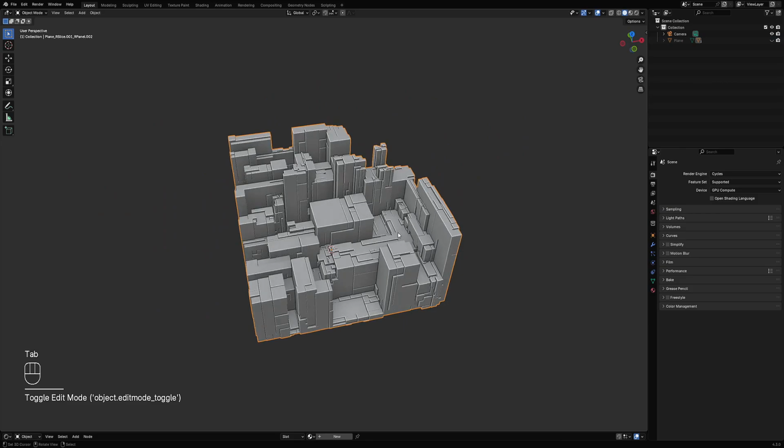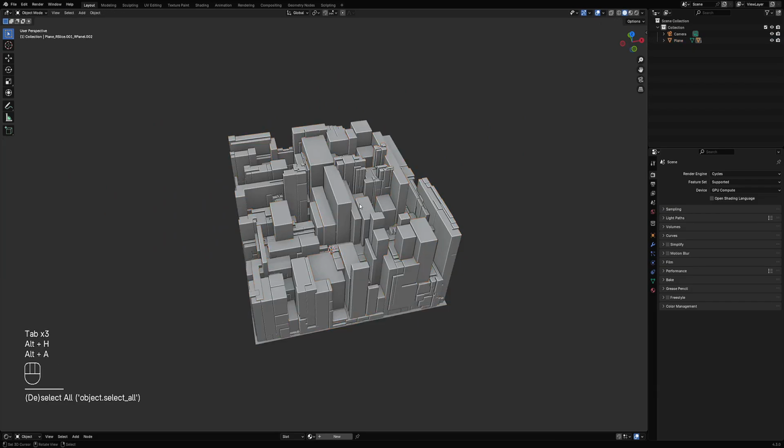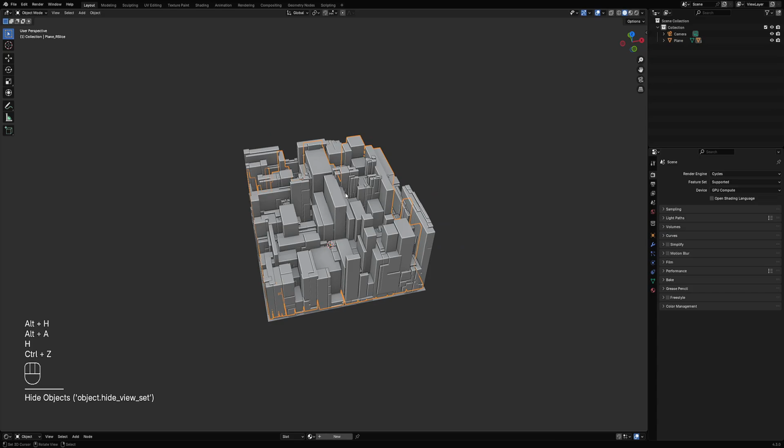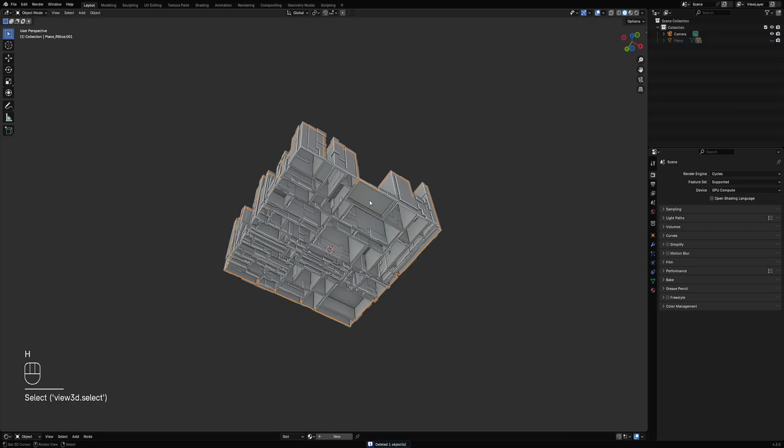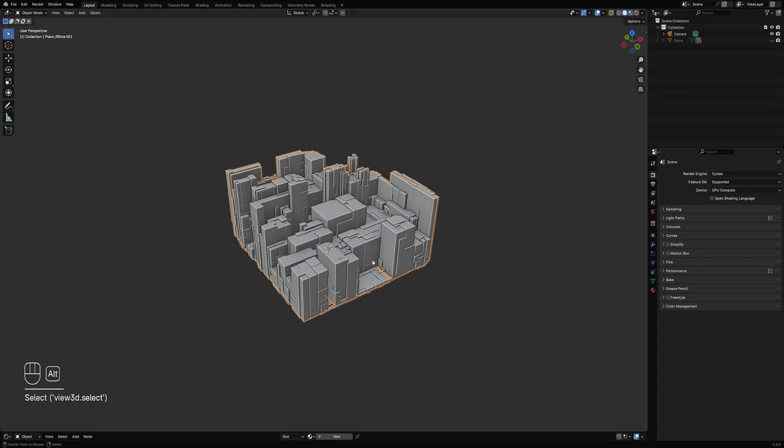Did the geometry change for the... It's probably something else. Oh yeah, that's something else. Okay, so